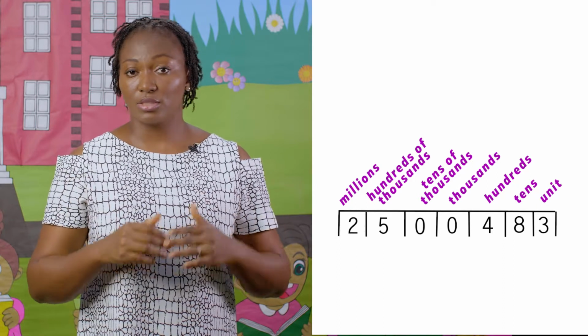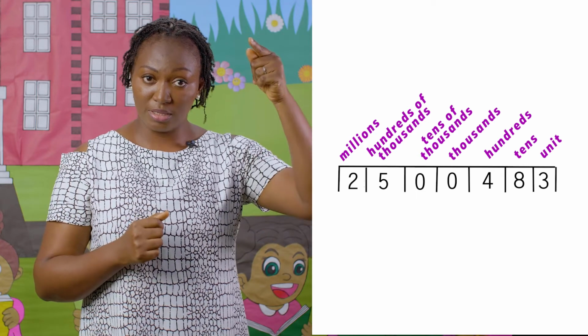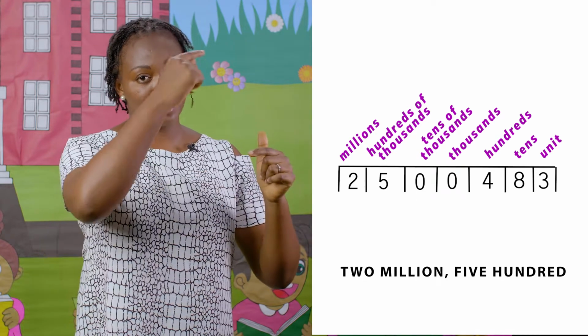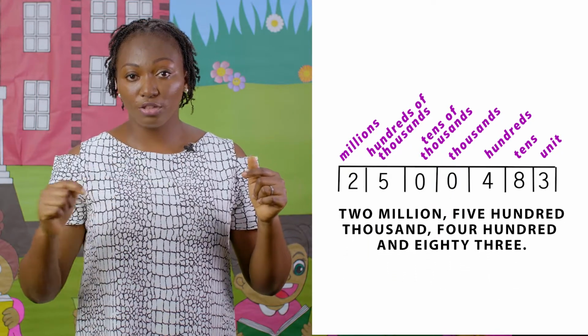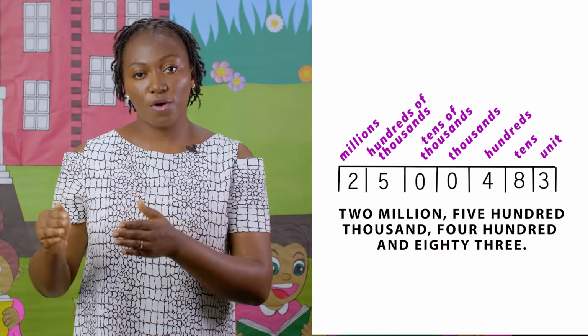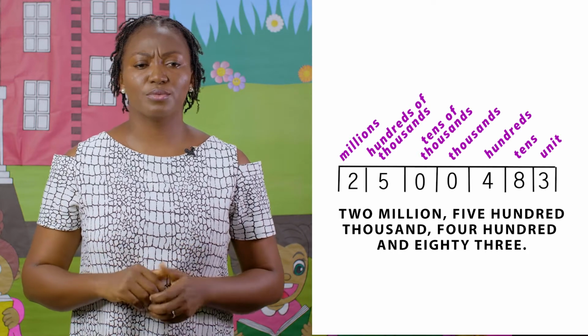Having done this, the reading becomes easier. So we go 2 million. Look at it, the 2 is under the M, so it says 2,500,483. That's it. Now, having these numbers given to us, sometimes it is given in words and you have to interpret it in numbers. Take for example, you have in words